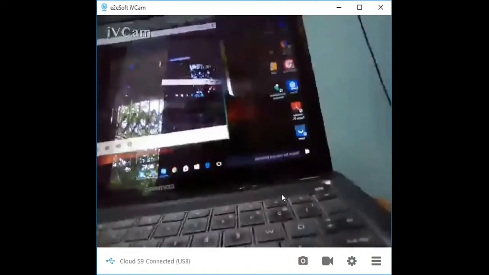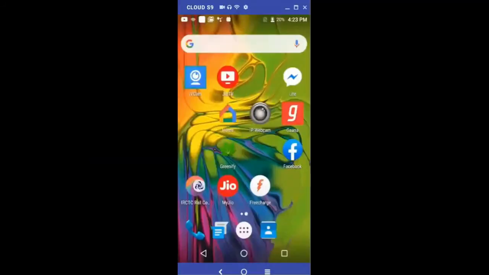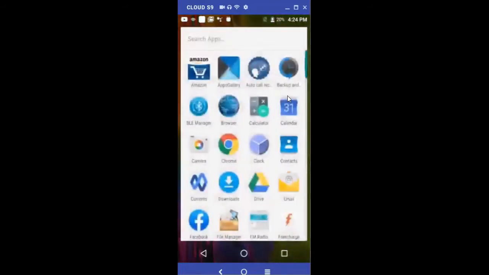I'm also going to show you how to use your mobile as a webcam using the second method. That means I'm going to connect this mobile with this laptop with the help of Wi-Fi. Okay, so now I'm going to turn off my mobile Wi-Fi.